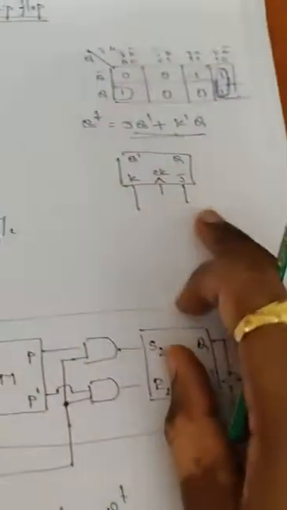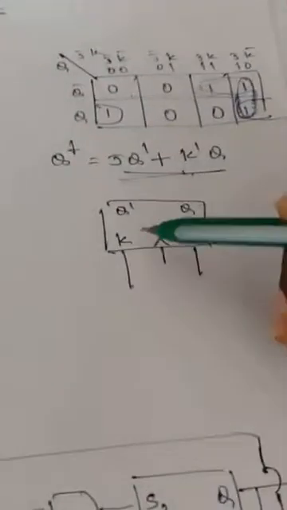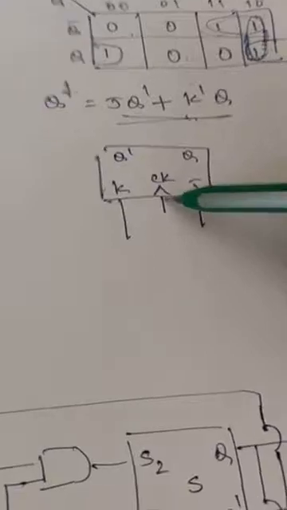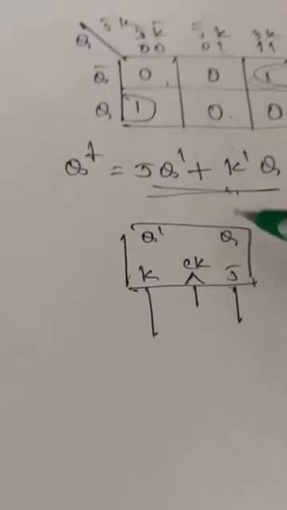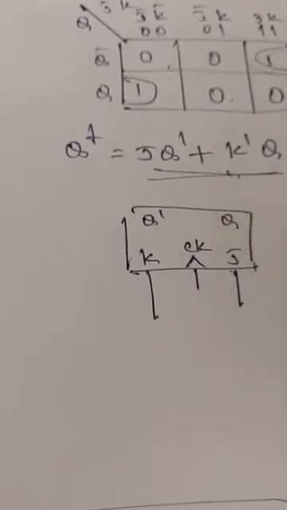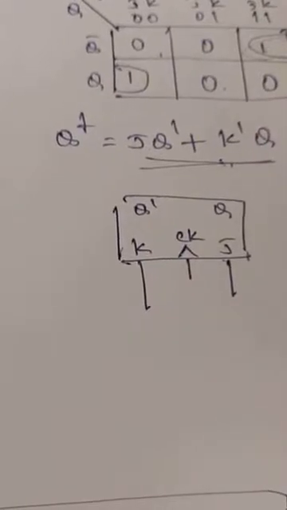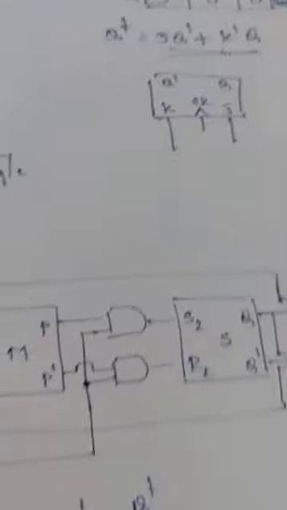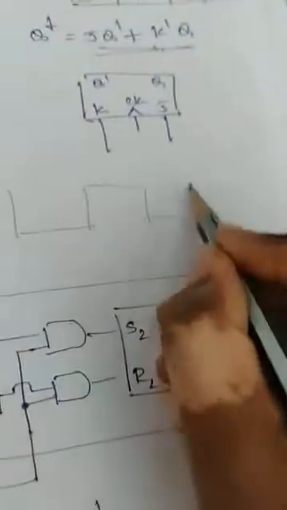Now I am going to deal with JK flip-flop. So this is the symbol of JK flip-flop: Q bar, Q, K, and J. Look at the clock, we don't have a bubble here. If we don't have a bubble, this JK flip-flop is going to change its operation only during the positive edge trigger. Positive edge trigger means this is how the clock waveform will look, right?